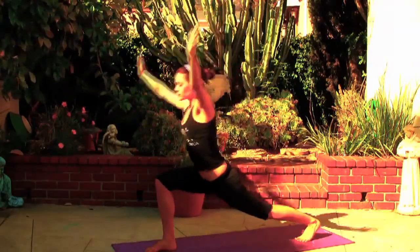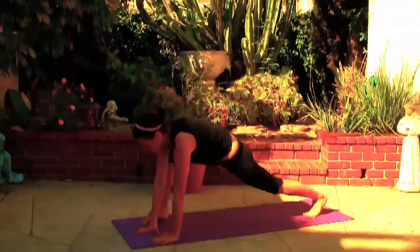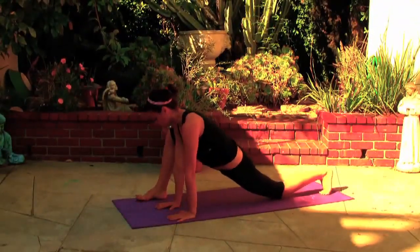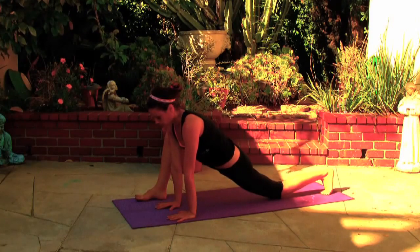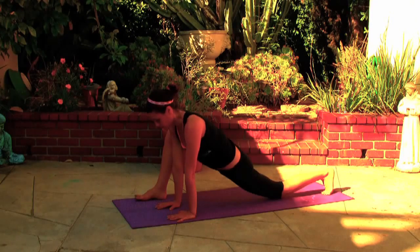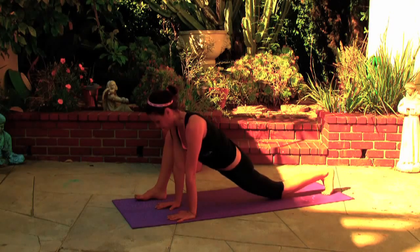Inhale, hands over the head. Exhale, hands on the floor on the inside of the right foot. You're gonna walk your left knee all the way back towards the back of your room, as far away from you as you can, so that you are taking a really wide stand here, and tuck the tailbone under, breathe